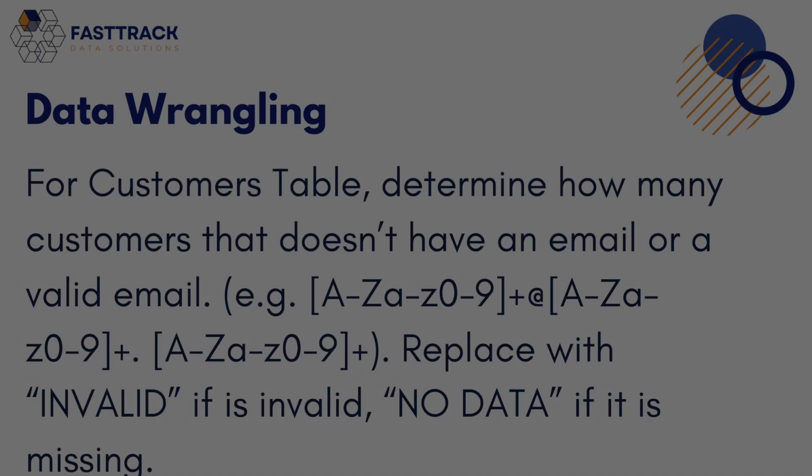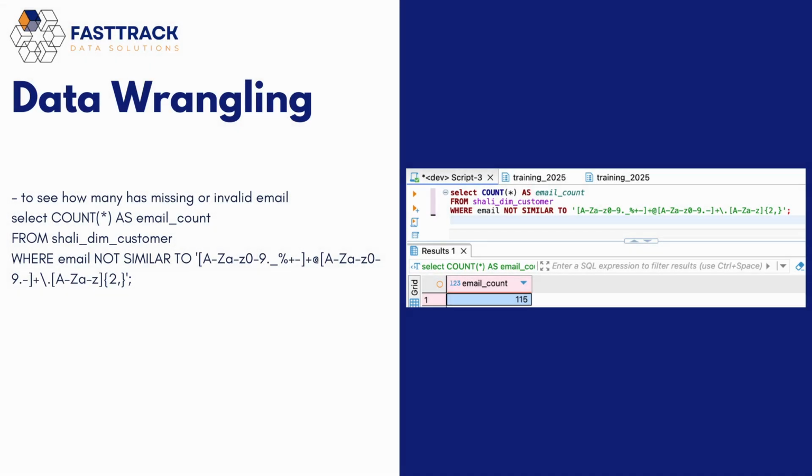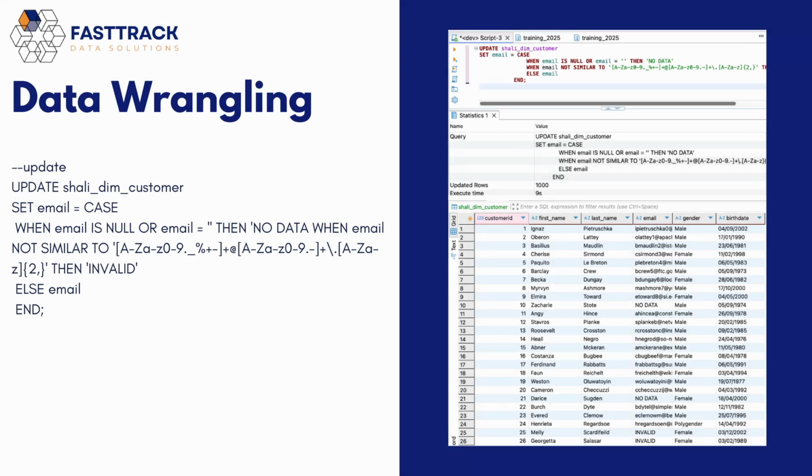NODATA. Next case is, for customers table, determine how many customers don't have an email or a valid email. Replace with INVALID if it is invalid, NODATA if it is missing. You may pause the video first to generate your own SQL script. Here is the script showing the count of invalid email addresses. Then, the script here shows how to update the blank email into NODATA, a string, and an invalid email into an